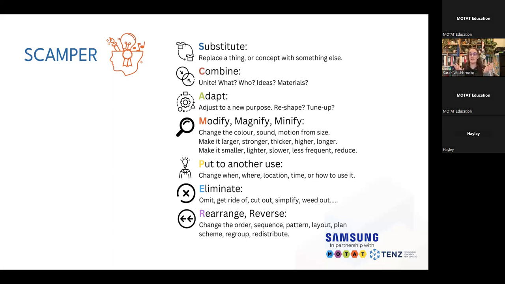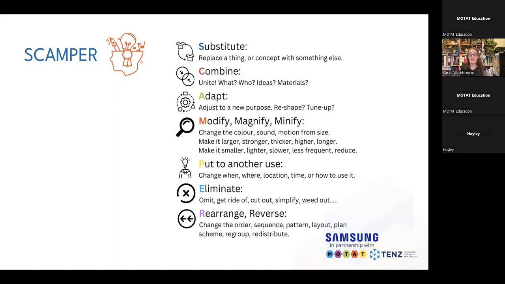Like, if you're thinking of the knife handles, you would have had to do lots of work on the ergonomics and anthropometric data for how the handle of the knife fitted into your hand. And so what you can do is you can test and model and develop things with clay models, for example. You would make things larger, you would make things smaller, you would make things thicker, you may put texture on it. And so that's that modify, magnify, minify. You can alter the design slightly in key parts of it, and you can just focus on key parts. It doesn't have to be the overall solution if you want to develop that idea that way.